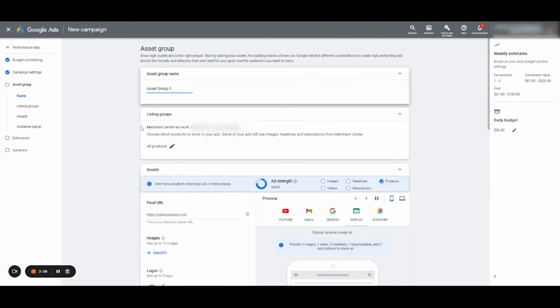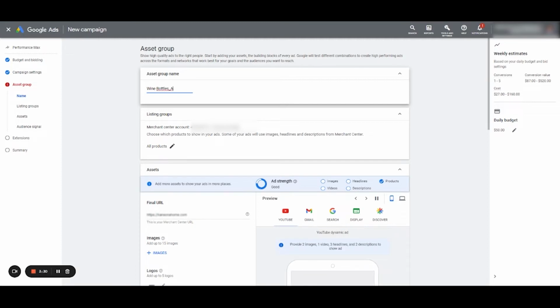Okay, so for asset groups and campaign groups, the way you want to think about this is an asset group is think of it almost like an ad group where you want to do your targeting and possibly even product segmentation for the overall Performance Max campaign. So in this case, if we're targeting wine bottles, you can call this wine bottles as the product. And then we could say we're targeting